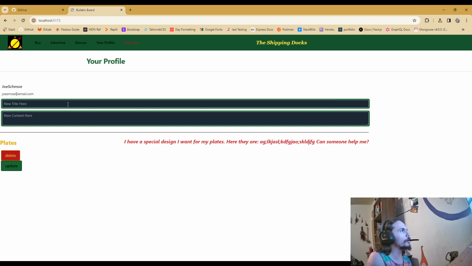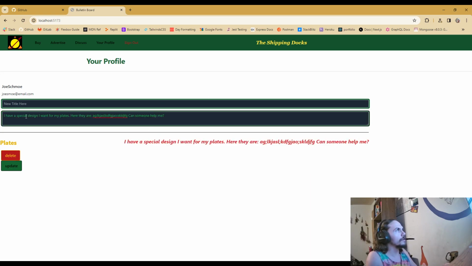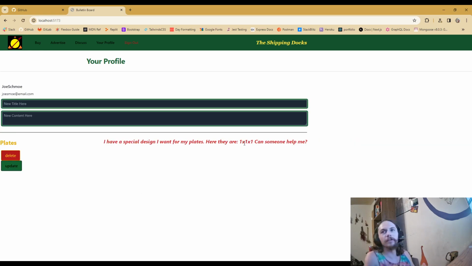But we'll go ahead and update. Sorry, that is not actually the plate design. So, gotta go ahead and copy it. No, I don't have anything new in title because I don't want to change it. I have it set so it can accept a null variable, it's not required. So, you know, just another little detail. We'll do one by one by one. I don't know. Update. There you go. Updated it.